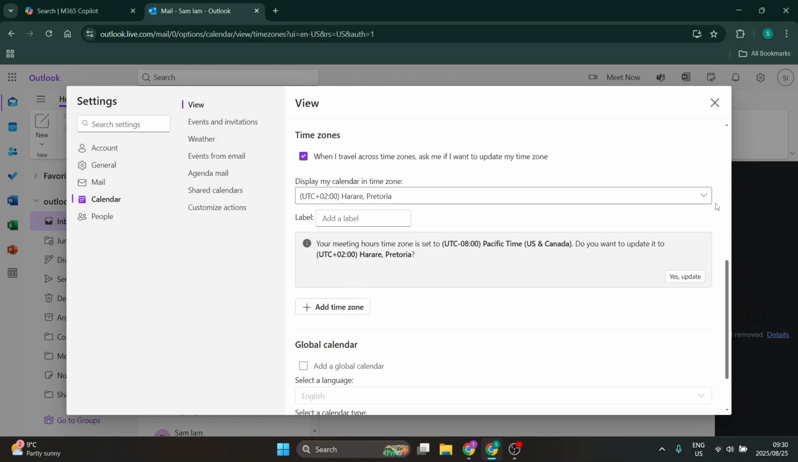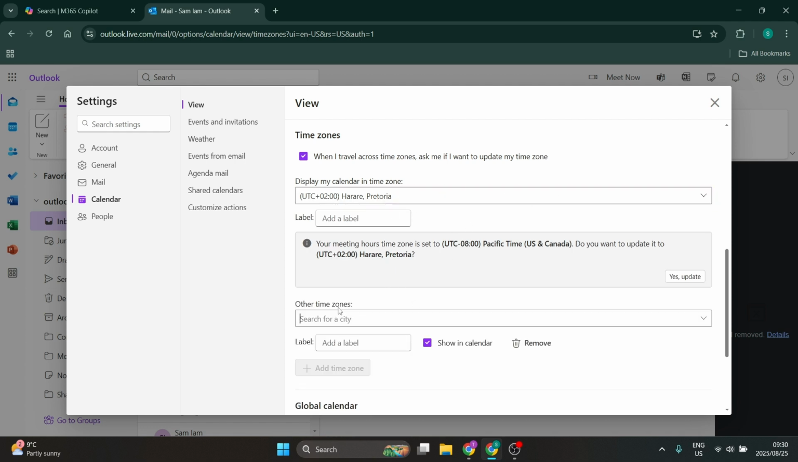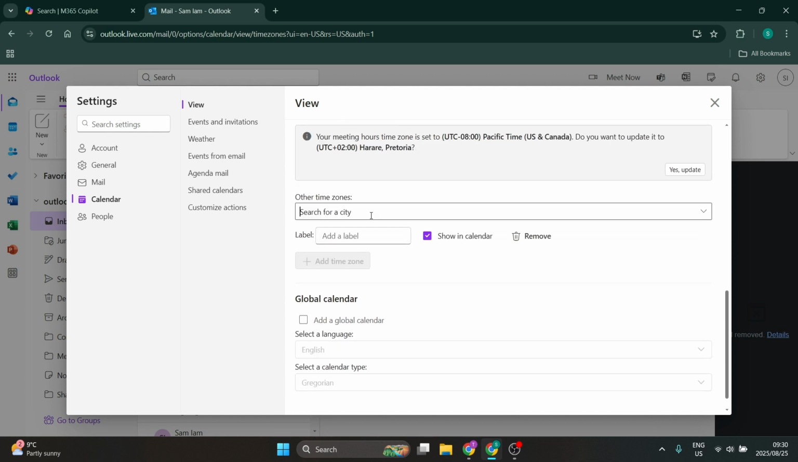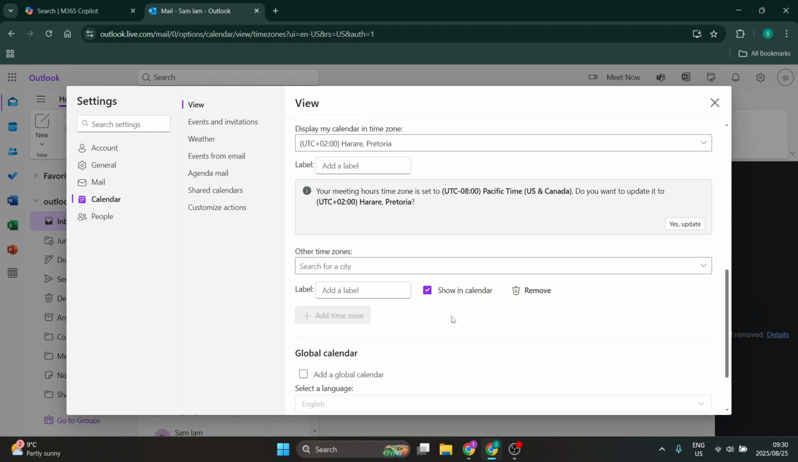So you can actually change your current time zone over here, which is the very top section, and then as you go down here you'll see add time zone. So here you can literally add the time zone. All you need to do is search for the time zone, the city that you're in, and then add a label. You can also have it show in your calendar or not,